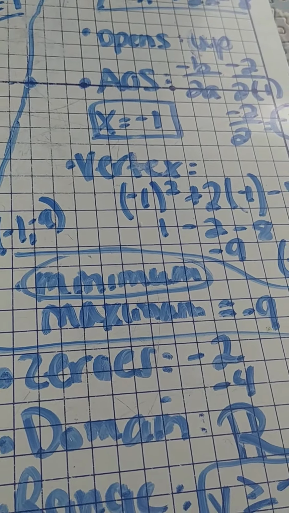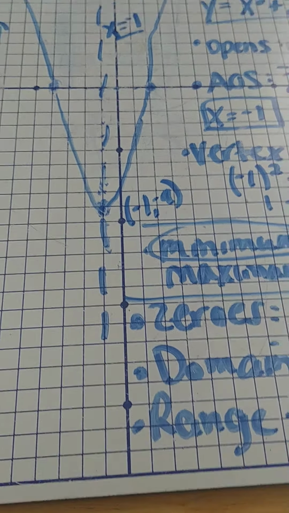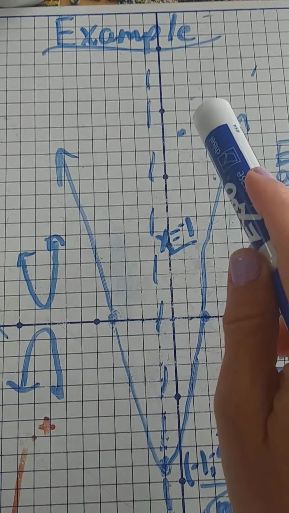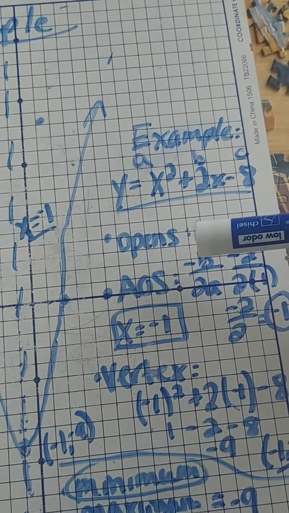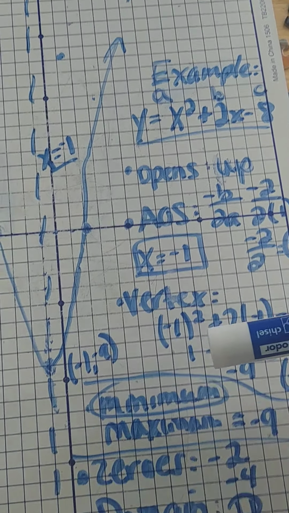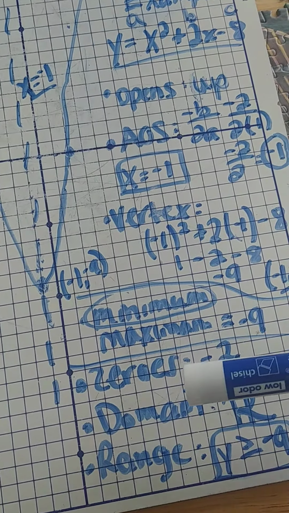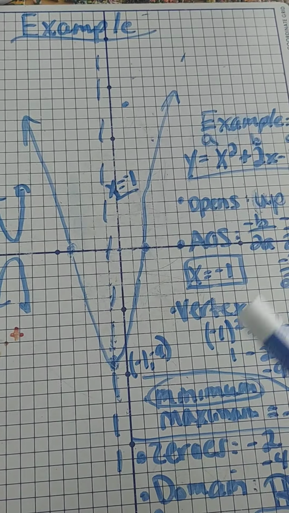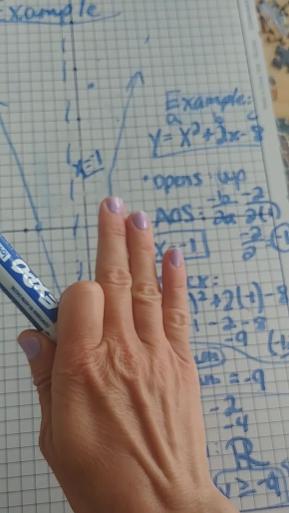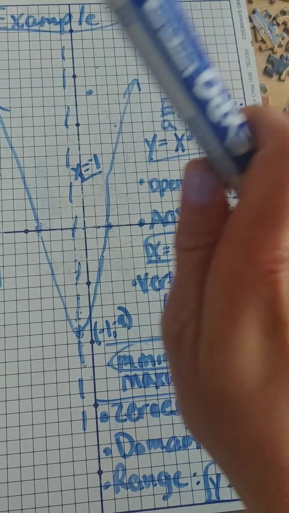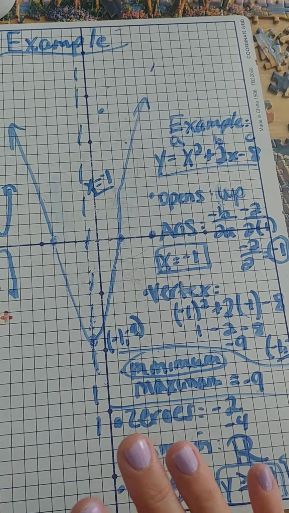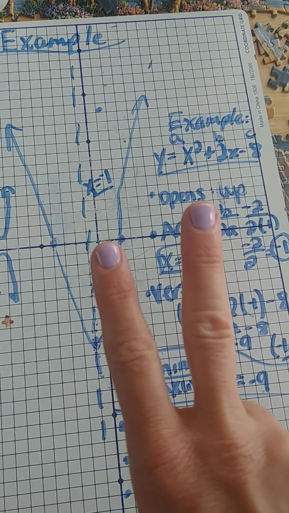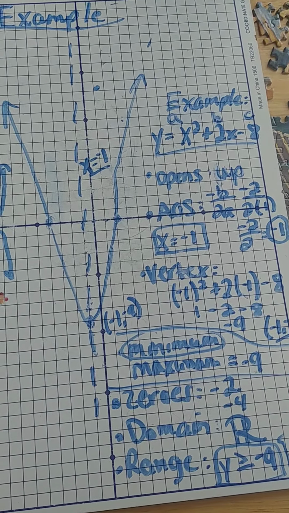So listen, this is really important. You should save this video somewhere because you're going to start to have to take a graph or an equation, and you're going to have to start to solve the opening direction, the AOS, the vertex, the minimum, the maximum, the zeros, the domain, and the range using this. This is a perfect cheat sheet. These notes, all these steps, watching this video, again, saving it, is a perfect way to complete your work over the next 2 weeks and prepare yourself for the quiz that you're going to have before